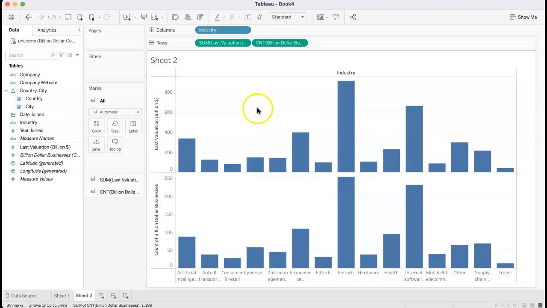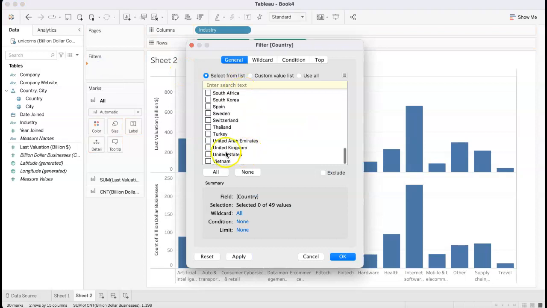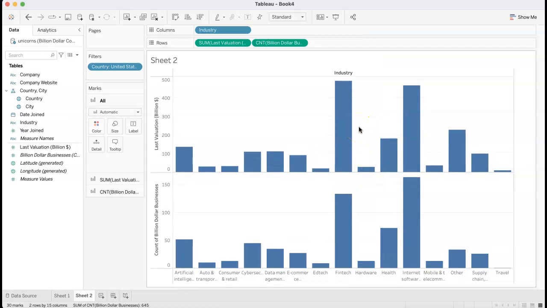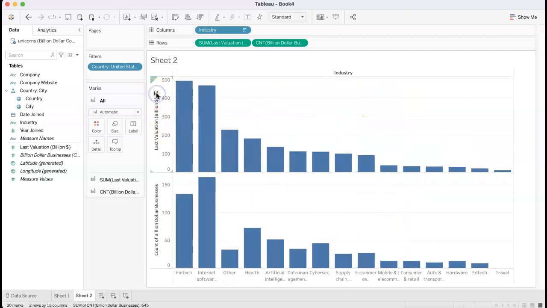This forms a bar graph, which is a good visual to compare and see which industries are highest valued. I again want to put the country dimension in the filters box. Scroll down to United States. Hit OK so that we're only looking at the results for the United States. Once I have done this, I want to sort the industries from most valuable startups to least by using the sort function on the left-hand side of the last valuation row,